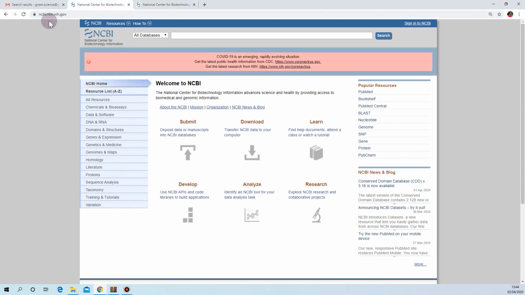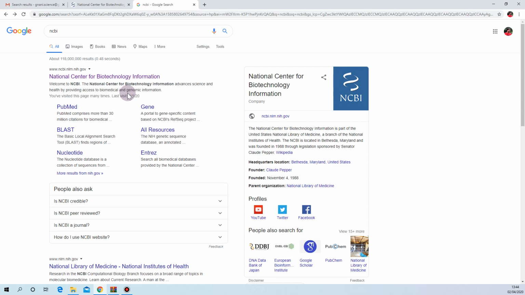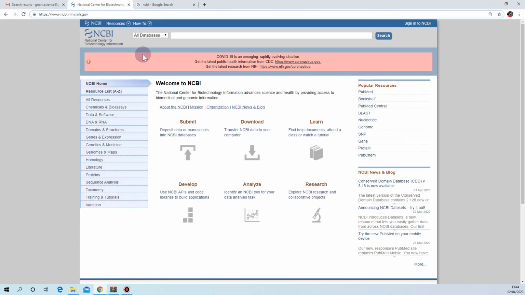So either you can directly type in an HTTP address like www.ncbi.nlm.nih.gov, or you can go to Google, type NCBI, and select the first link. We know that NCBI stands for National Center for Biotechnology Information, and this is the homepage of the NCBI